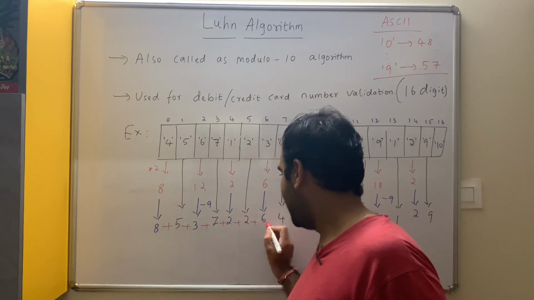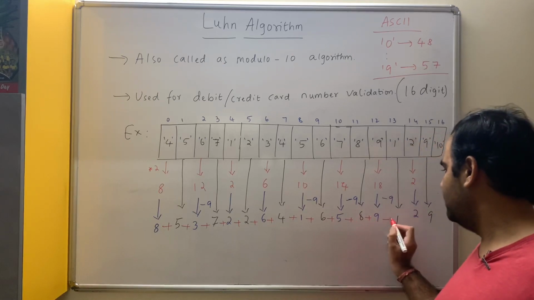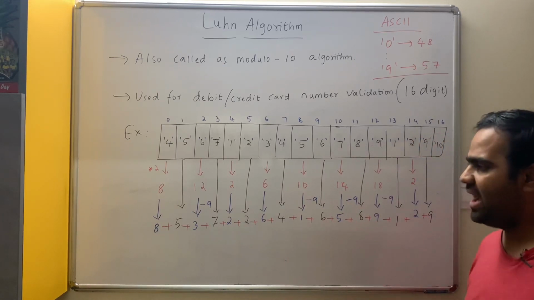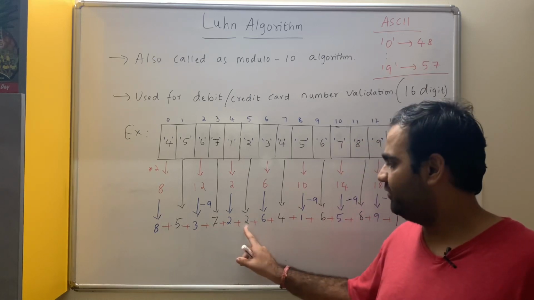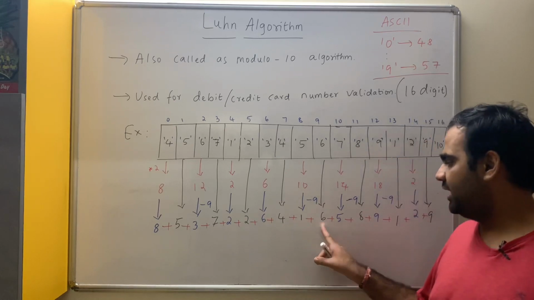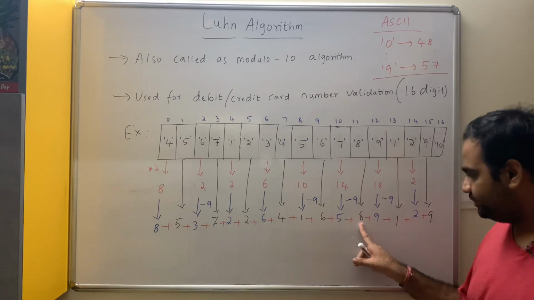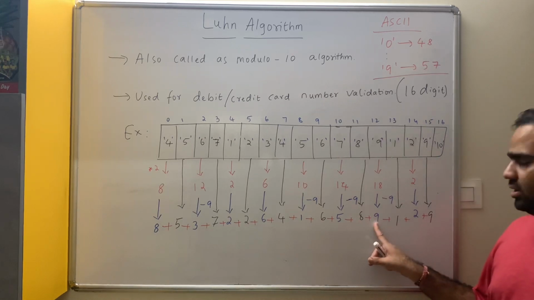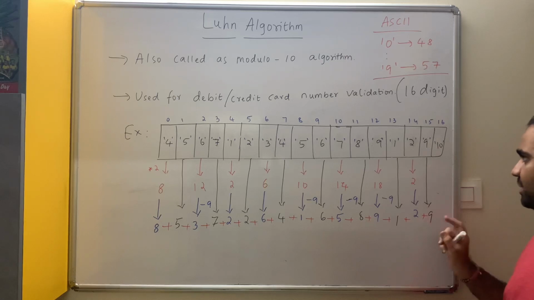Now when I add, that's where the validation will be. Now if I add 8 plus 5 13, plus 3 16, plus 7 23, plus 2 25, plus 2 27, plus 6 33, plus 4 37, plus 1 38, plus 6 44, plus 5 49, plus 8 57, plus 10 67, plus 2 69, plus